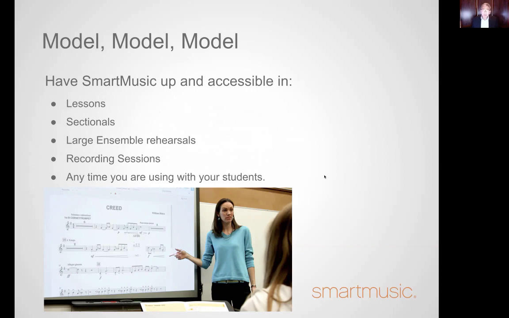And not necessarily with the idea that you're always going to use SmartMusic, but just so it's there in case you have that teachable moment, and then you can quickly access the content, the material, and direct your students' ears in an efficient manner. Because that was my number one rule for all technology: it had to be efficient, it had to be a positive for a student, and it had to make the experience one of fun and desire, but at the same time, maybe speed up the processes a little bit, because students today are extremely busy.